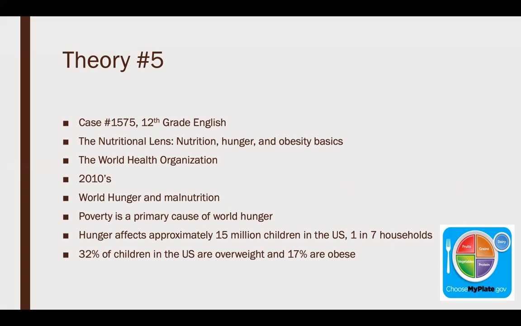One way this can be seen in the classroom is in the way that normal weight children can outperform overweight and obese children academically, and overweight children can outperform obese children academically. The video I watched that related to this theory was done in a 12th grade English classroom. This lesson is all about whether or not the government should take a stance on obesity. The theory that can be seen in this, obviously, is the nutritional lens, because the teacher had the students take a deep dive on obesity.